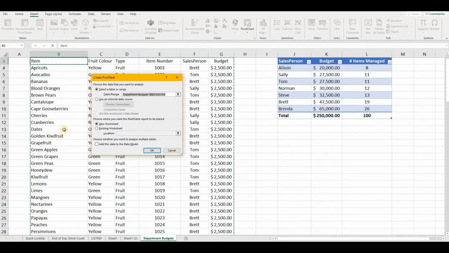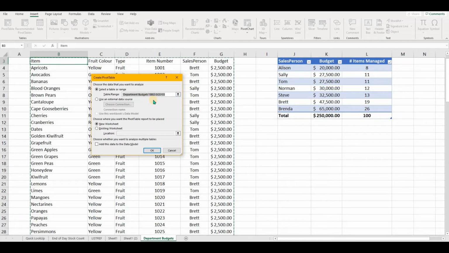If this data is a fixed number of items, i.e. we've got 100 items in here, and that is it, you're not going to have any more line items being added, then that's fine. Use a range. That's easy. If you're going to add to this data, then it is better to have a table, because the range in here will be listed as a table,